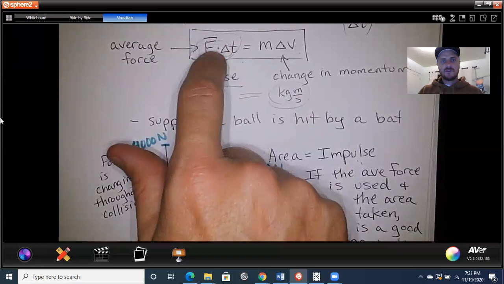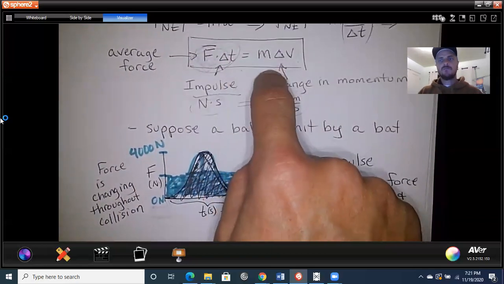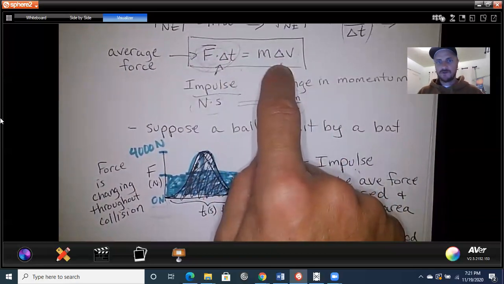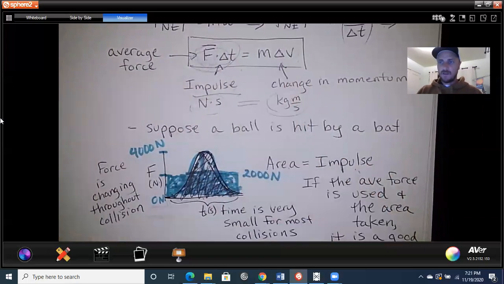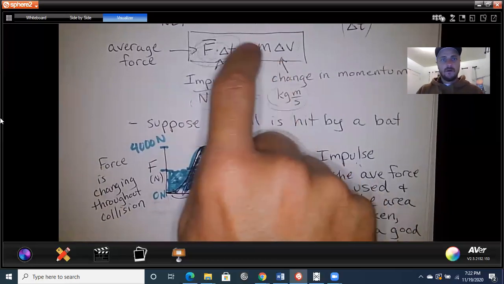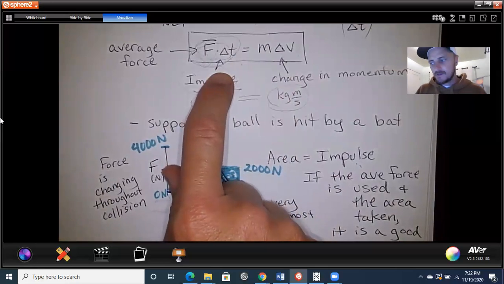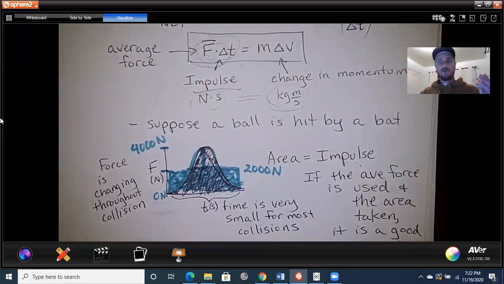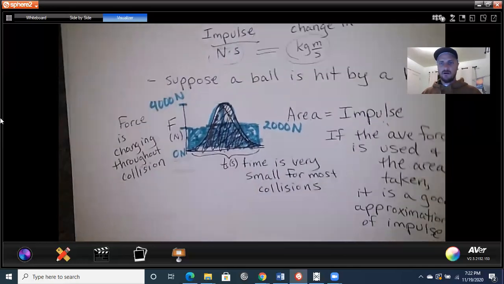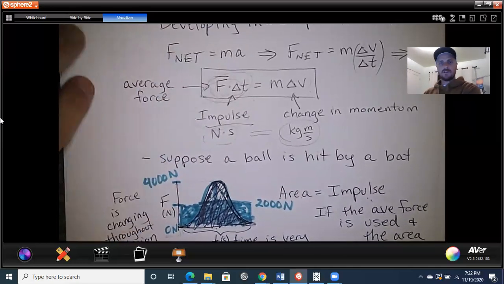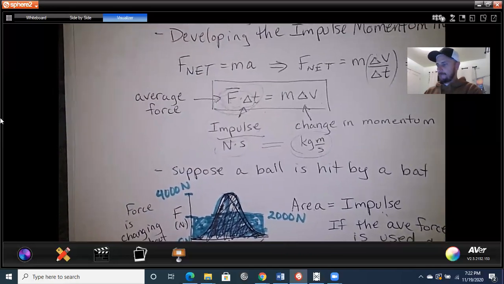I got off on this tangent about impulse, which is very important. But what does an impulse do for us? It changes the momentum of a system. And you know for sure it changes the momentum of that baseball. That baseball's coming in one direction, and now all of a sudden it's going the other direction, probably even more quickly than it got pitched in. We change the momentum of that baseball greatly by implementing this impulse with our baseball bat. So let's do a problem and get to the bottom of using this new equation called the impulse momentum theorem.